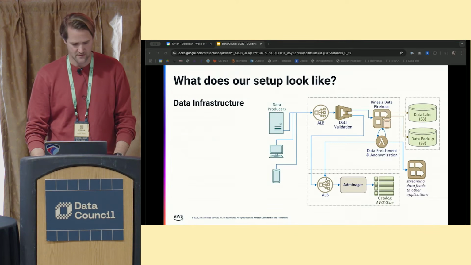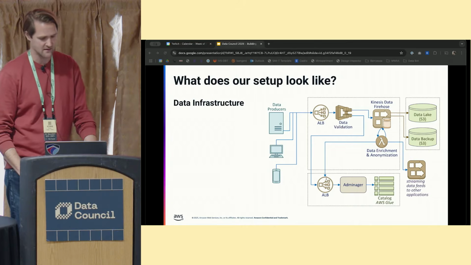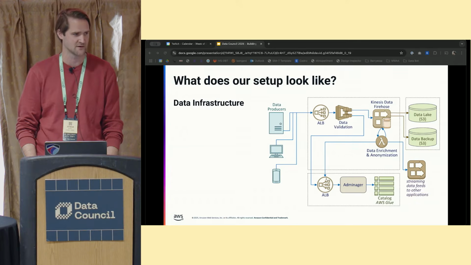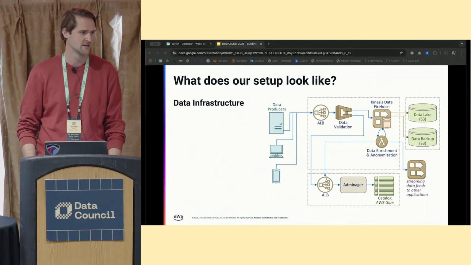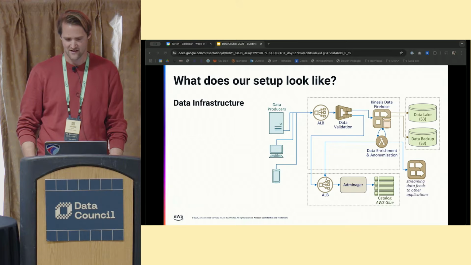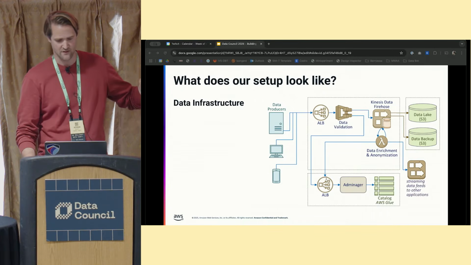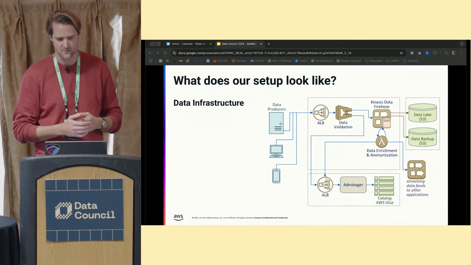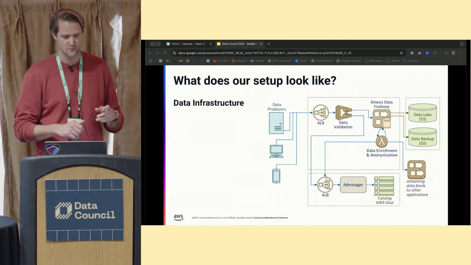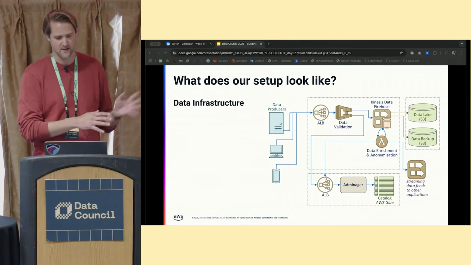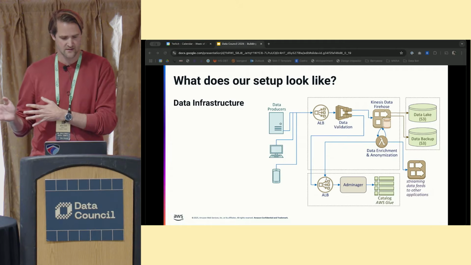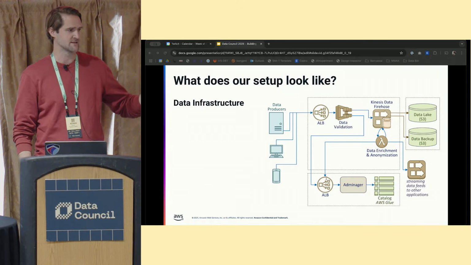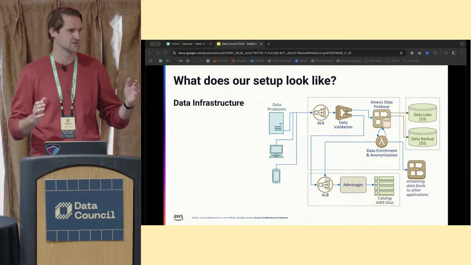So that's what we do. What does our setup look like? So our data infrastructure probably looks pretty familiar to anyone who does first-party tracking using the AWS stack. We have a public edge where all of our player and broadcast clients can send tracking events, as well as any internal service that wants to. We then do real-time validation before passing it on to Lambda that does some enrichment and anonymization of the data. Finally, it's all thrown into S3, into date partitioned Parquet files.